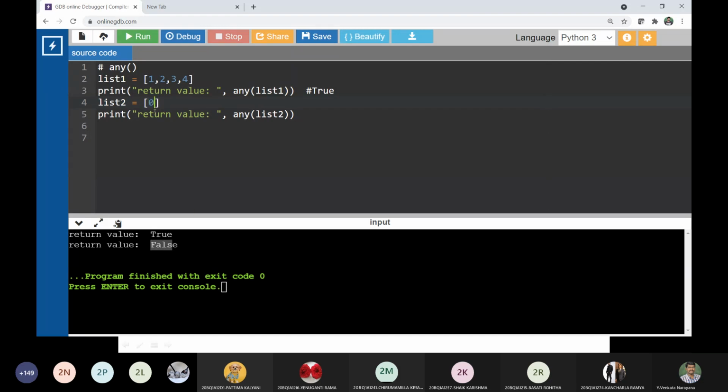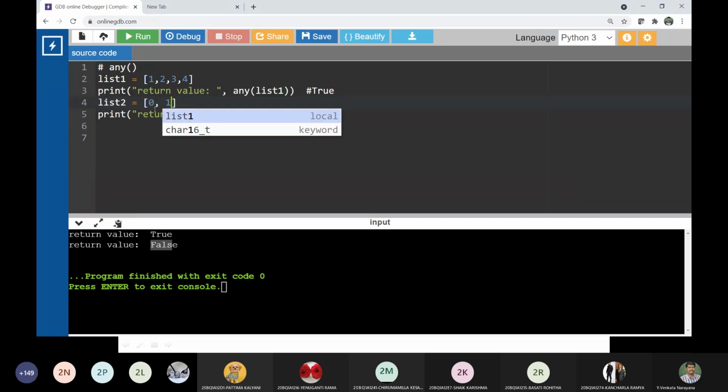Because 0 means nothing, but the any function checks whether the value is 0 or not. If it is 0, then it indicates false.